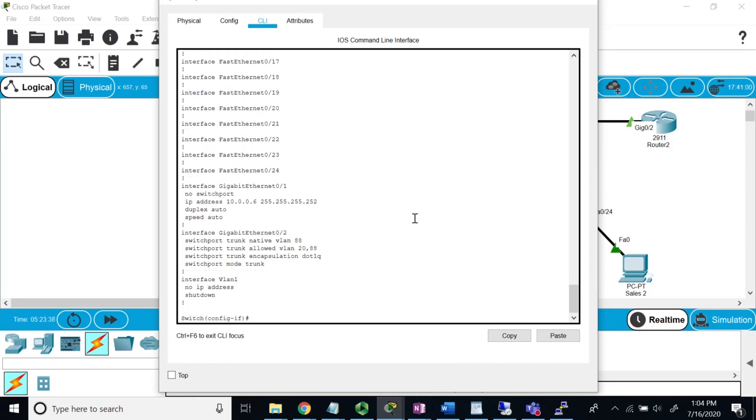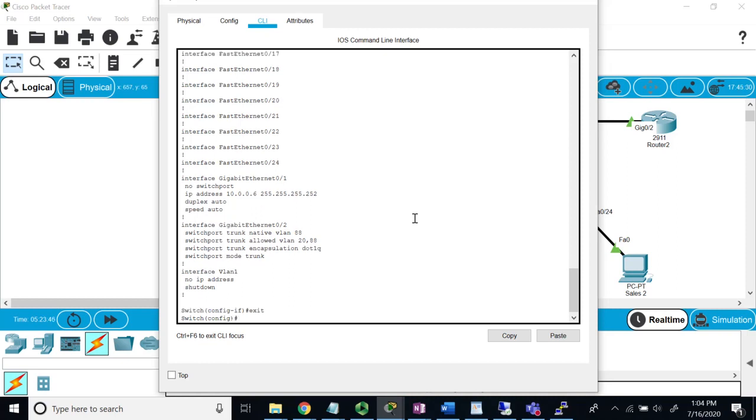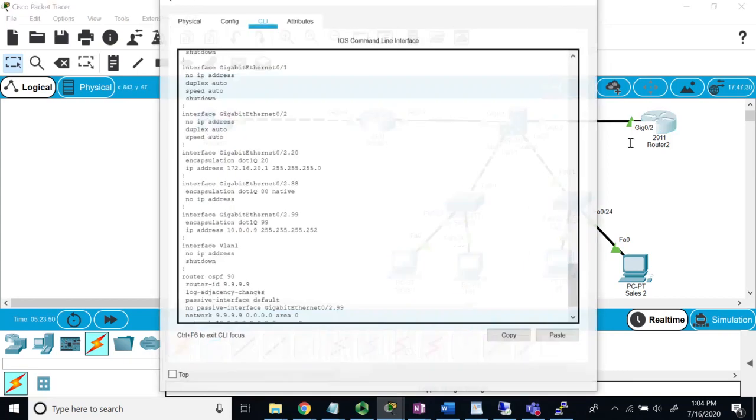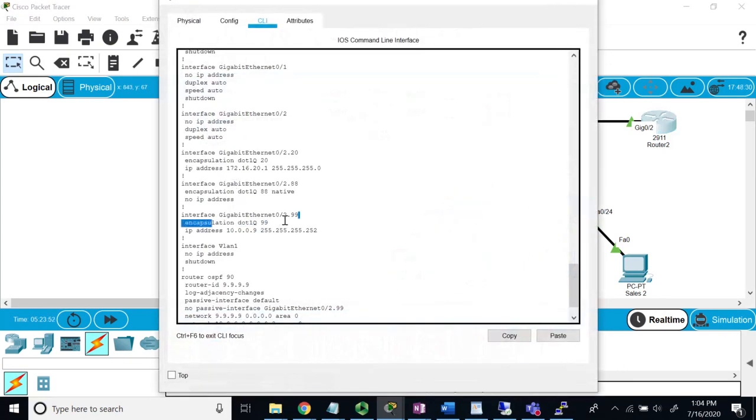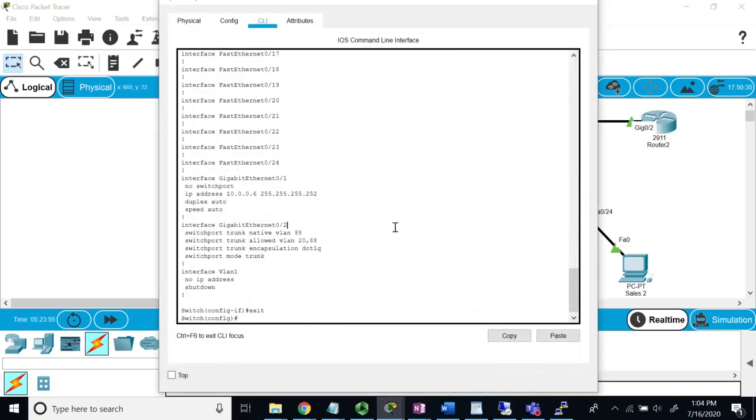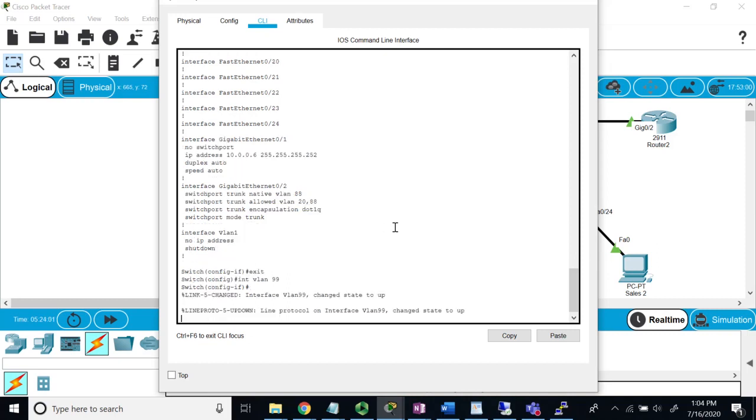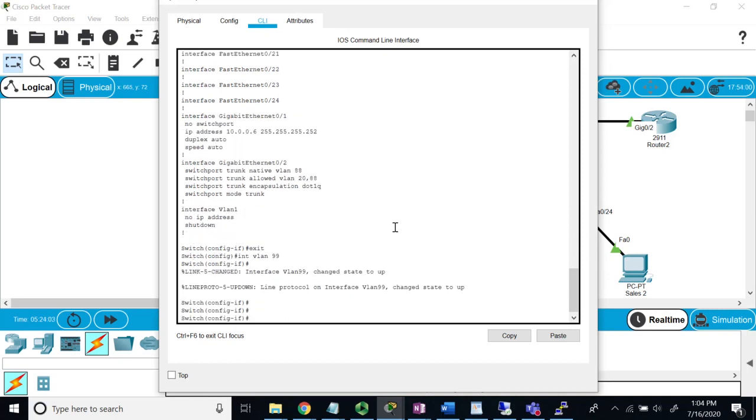Now, I need to set up my point-to-point connection between the layer 3 switch and router 2. To do that, I have to create an SVI because I already have a trunk going across layer 2. So in router 2, I have it as VLAN 99. So create my SVI into VLAN 99, then my IP address,